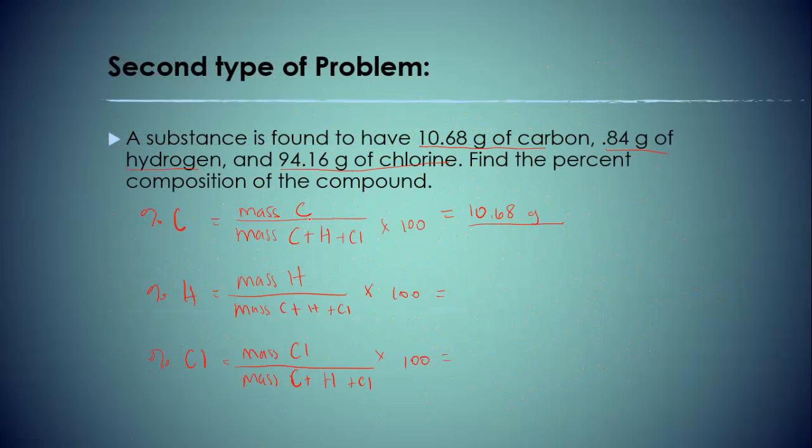The mass of all of those, if you add together 10.68 plus 0.84 plus 94.16, I've already done this. And honestly, I don't know what that is. I didn't write down that number. So 10.68 plus 0.84 plus 94.16, I'll do it for us now, is 105.68. On my paper, I just wrote down the math, like I wrote them all down. This plus this, but you can do that too. But that's kind of laborious to keep doing. Oops, and that's times 100. If you do 10.68 divided by 105.68 times 100, you will get an answer of,